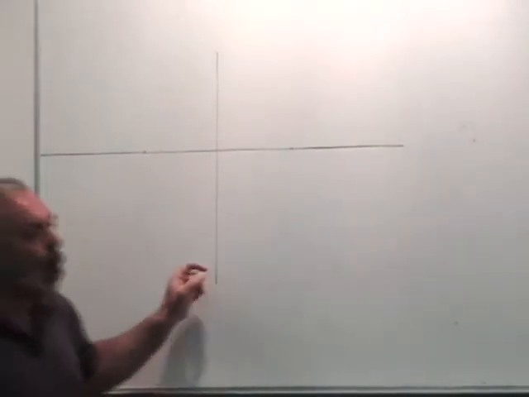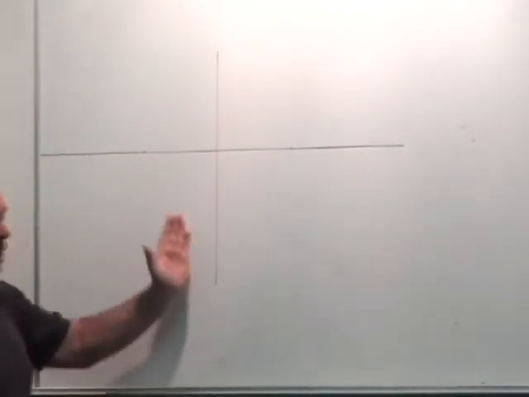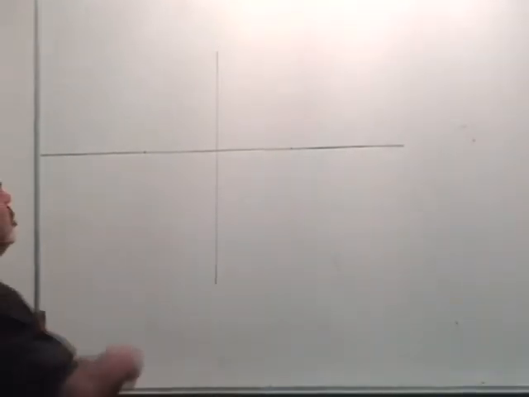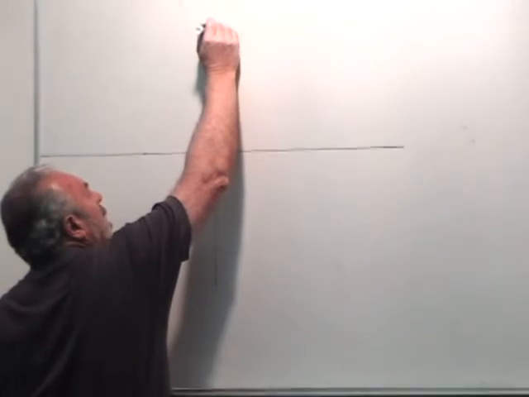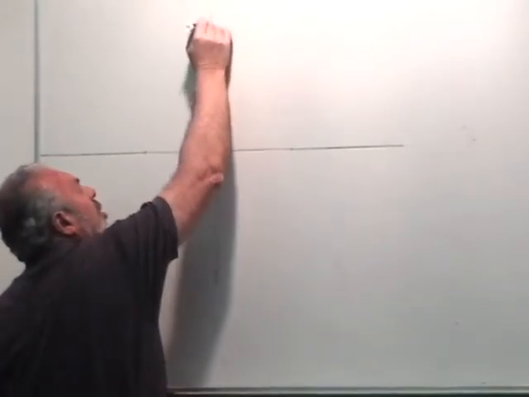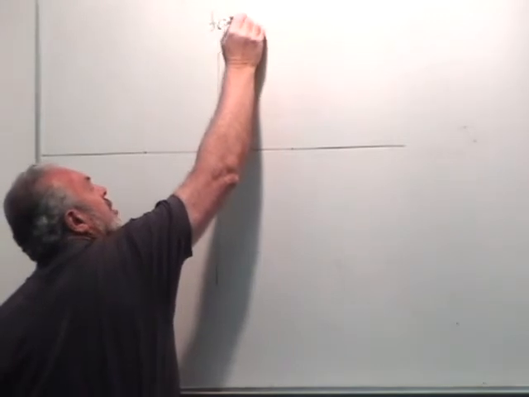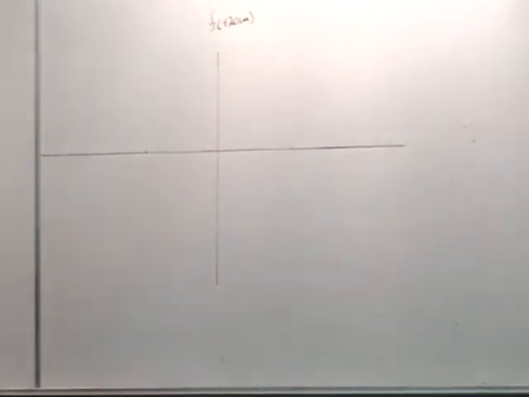And I like to use the convention that black is used for the lens. I don't bother to draw the shape of the lens. I just draw a vertical line to represent the lens itself. And then often we label it. In this case, I'm going to label it as a lens that has a focal length of plus 20 centimeters. So you label it like that.